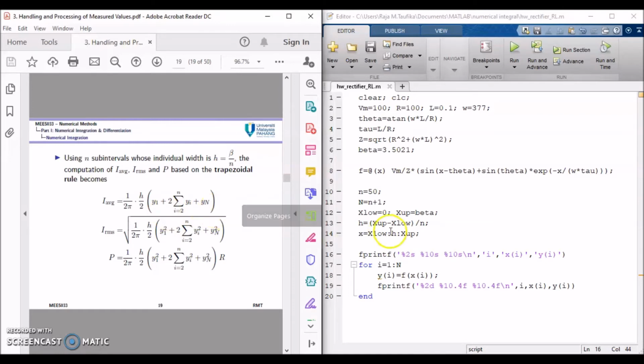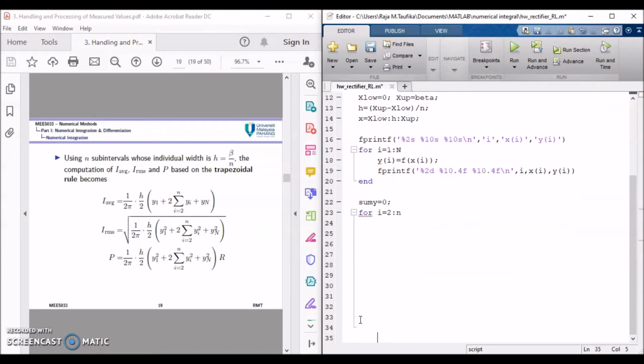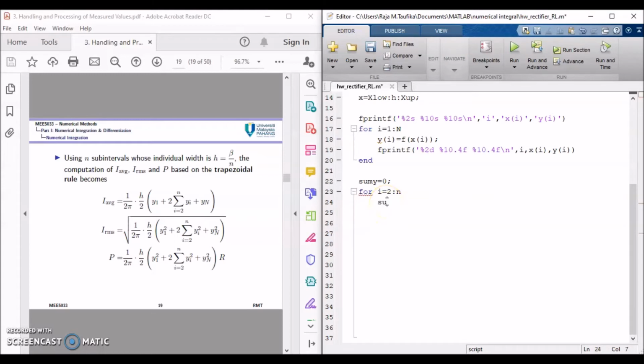So we can use this technique. First we introduce one variable, let's say sum y, for example, equals 0, and then we can use a for loop again for i from 2, remember it begins at 2, up to the small n. So we write, maybe I can put some spaces down here, sum y equals sum y plus yi, and then we end it with n,